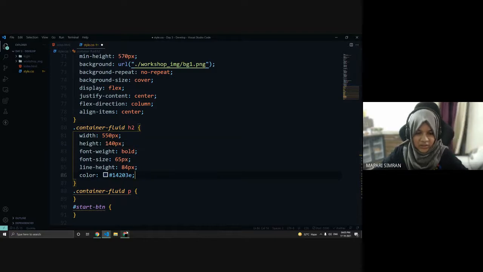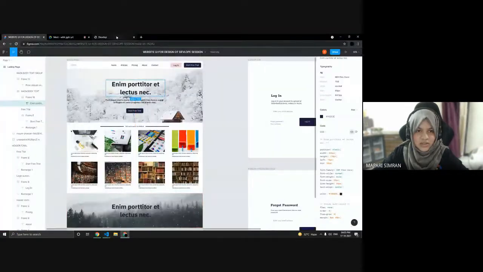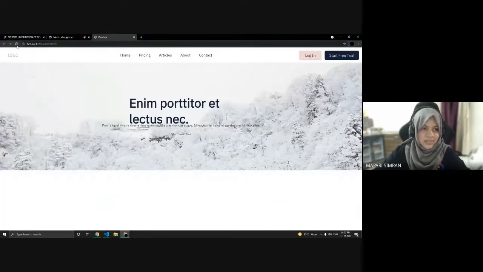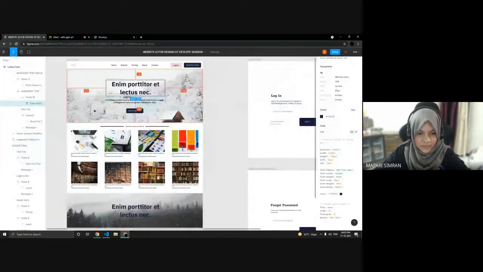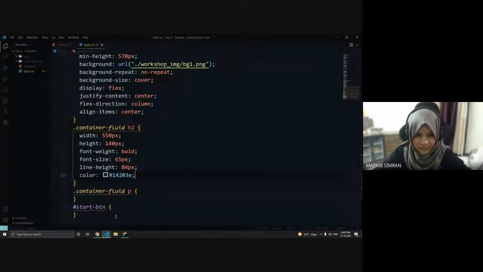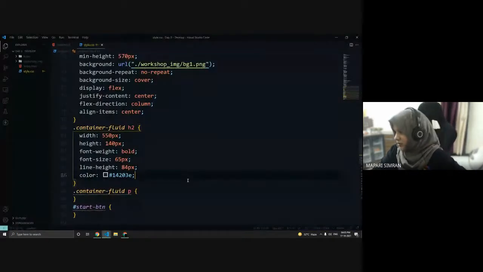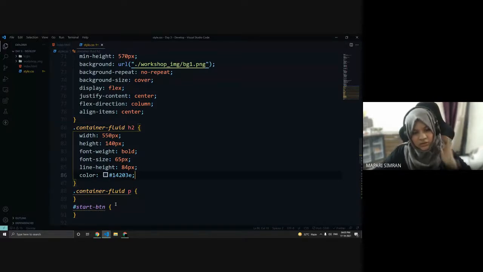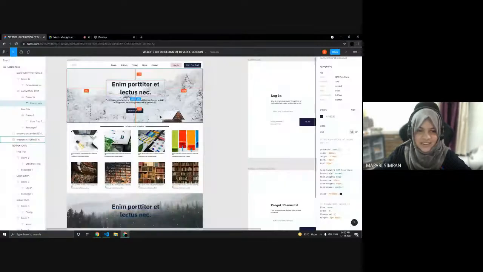I'm taking into consideration my laptop screen as well. 550 px is the width, 140, plus font weight bold. Okay, sorry.